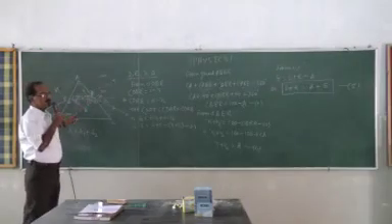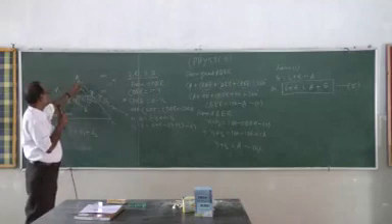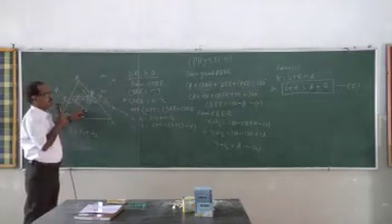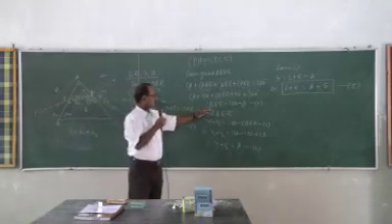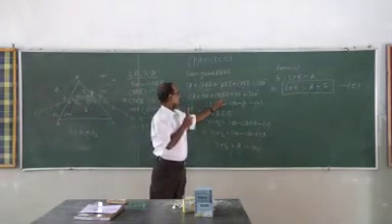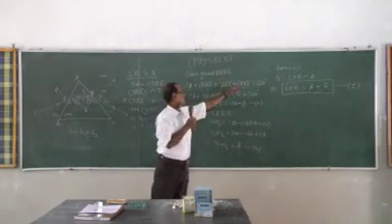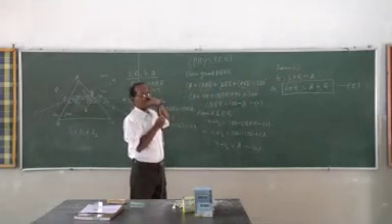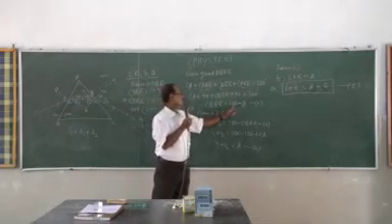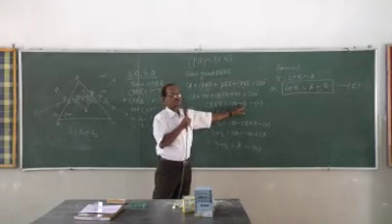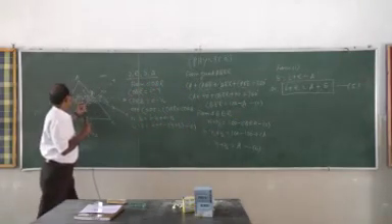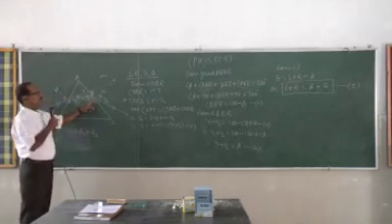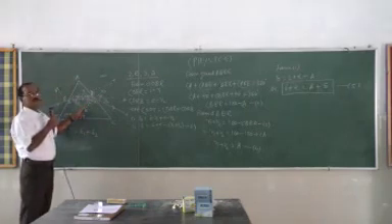These are normals, no? Normals to the surface. So therefore the sum of these two will be 180 degrees. Here you see A plus angle QER, and these two angles are 90 and 90. So finally we are getting angle QER plus A equal to 180, or angle QER equal to 180 minus A. Again, from this triangle QER, the sum of these two angles will be 180 minus the third angle of the triangle.